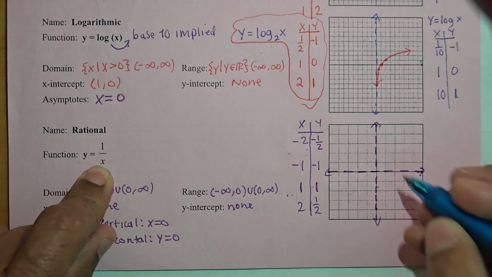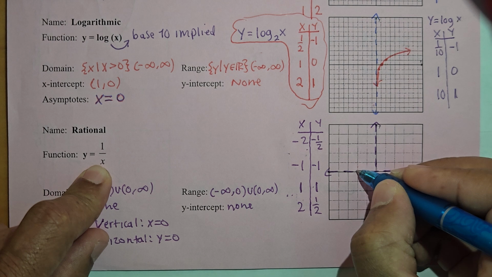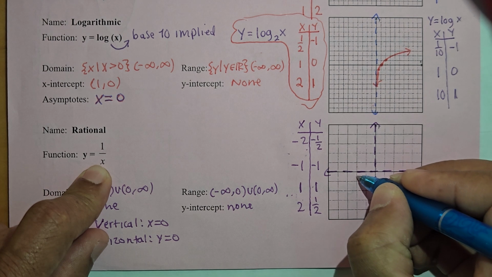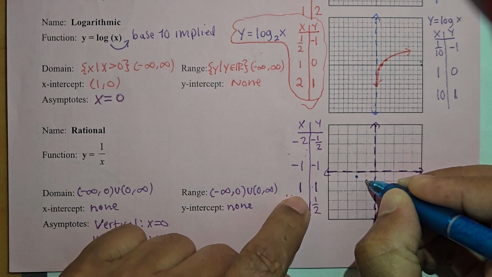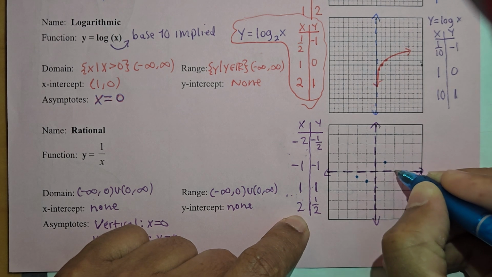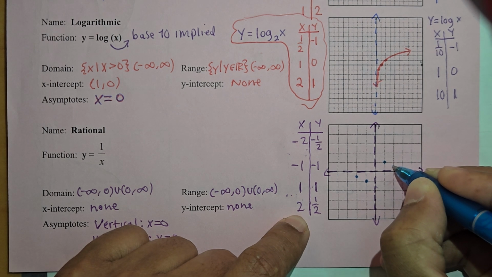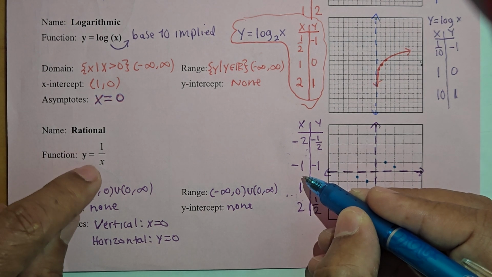So then those points, notice that -2 means I go to the left 1, 2, and then down 1/2, right? So it's this point here. If I go left 1, down 1, then if I go right 1, up 1, if I go right 2, up 1/2. Okay, notice that I'm not using 0, and the reason why is because if we have a 0